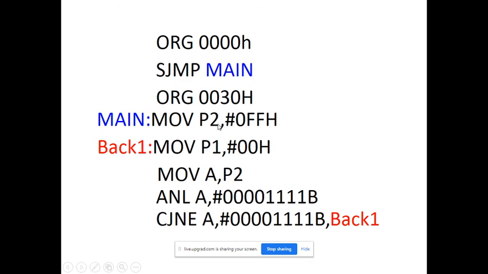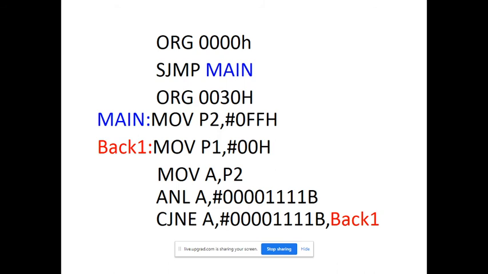Now initially our keypad column is connected to the P2 port. Just write down everybody. Column is connected to P2 port. Rows are connected to the P1 port, and 7 segment display is connected to P0 port.